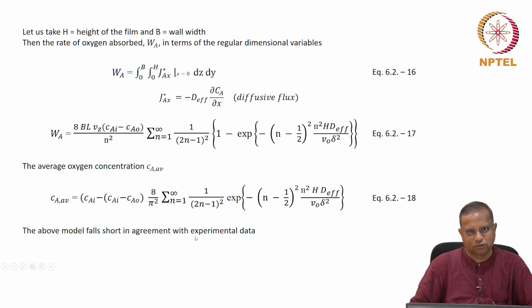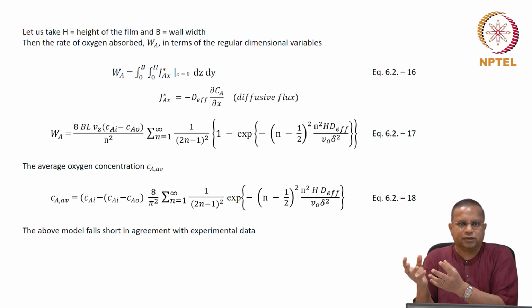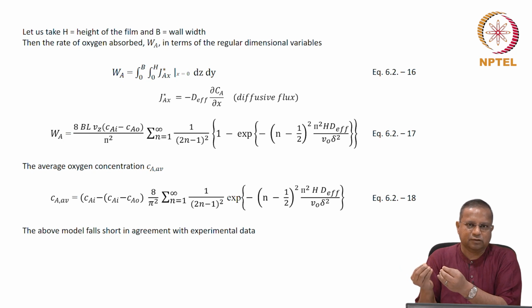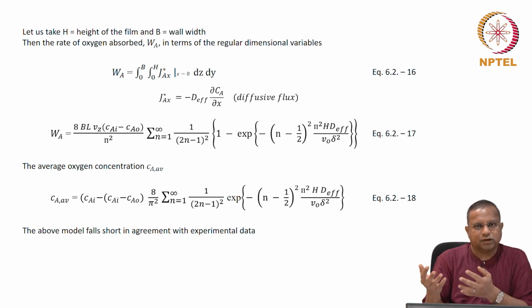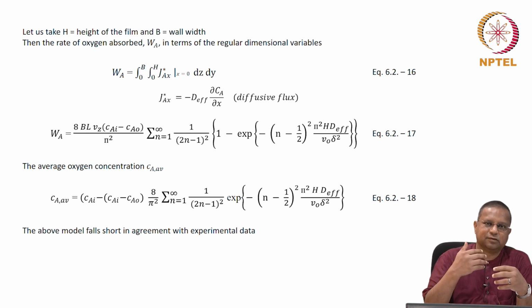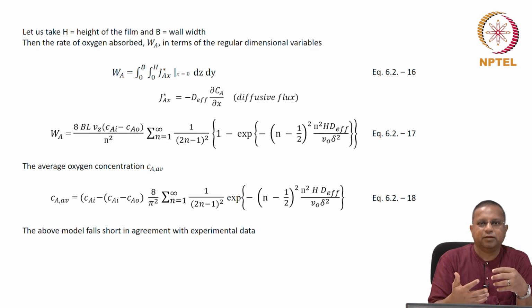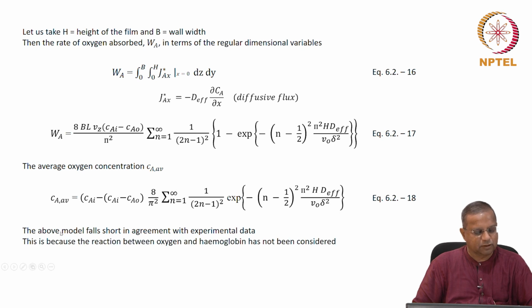So you have a model, you always need to go back and check with experiment, because you have made assumptions and hoped that you have picked up the essential features or the most important features of the process in your model. You need to check whether you've actually done that, and the only way to check it is to compare it with experiments. Therefore, the checking is an inherent aspect of any mathematical model development. So in this case, it was found that the model falls short in agreement with experimental data.